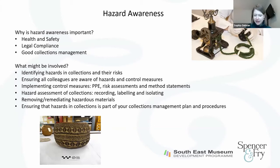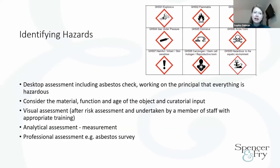So thinking about identifying hazards, I've given you some examples of the actual hazard labels that you will need to use. Once you've identified your hazardous material, you will need to decide what specific hazards are posed by that material. So they'll need to be part of the labelling. But in terms of starting a hazard survey, we would always advise that you start with a desktop assessment,